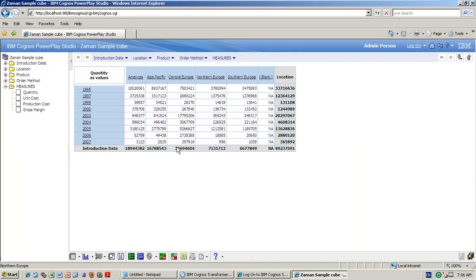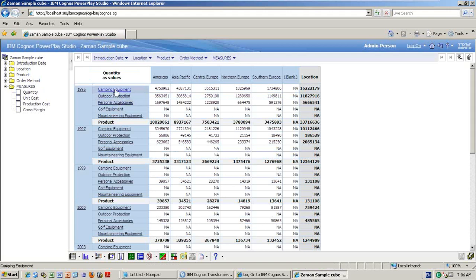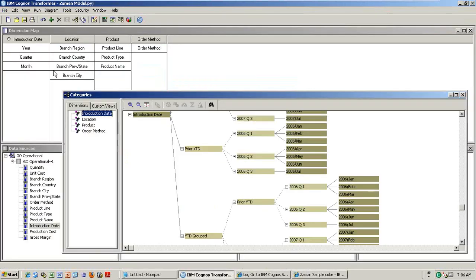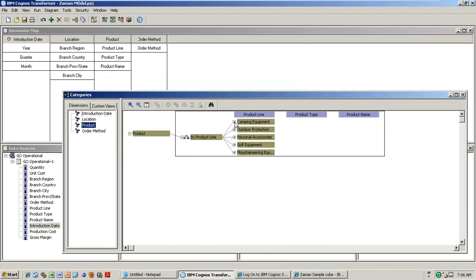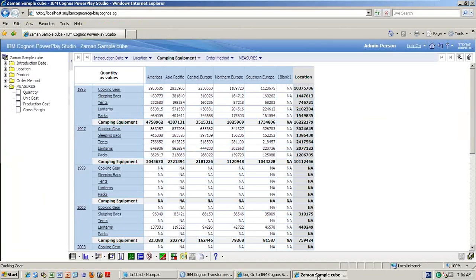How you got here, because you know how to do the analysis after that, charts. In PowerPlay Studio I explained, right? Split lines, all those things. Same thing. But the creation of the cube is like this. Here 3 regular dimensions, 1 time dimension, 1 measure dimension. Regular dimension means which has a hierarchy. For example, you can drag and drop product here. See, camping, outdoor, and if I'm clicking camping equipment, what is the next level of camping equipment? So product, camping, under camping equipment, these are the things. Right? Any questions here?